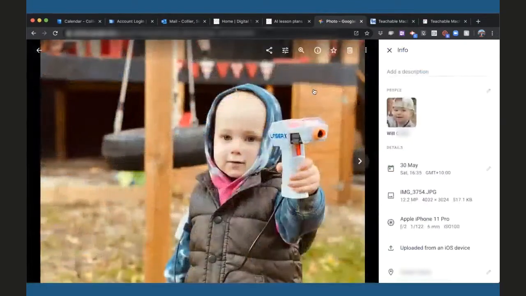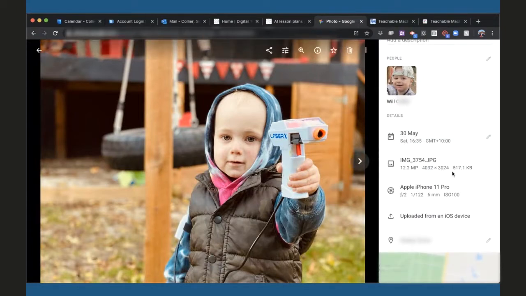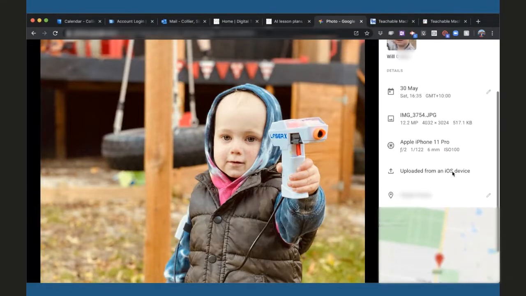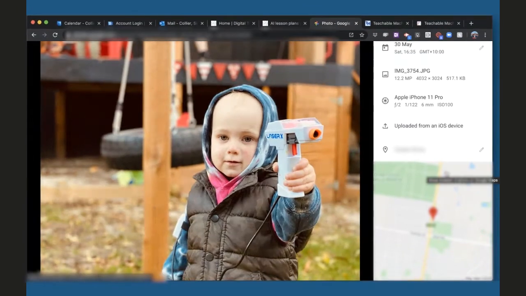All right, so you can see here, this is a photo of who? Will. And who's Will? My youngest cousin. Yeah, so Will's Jackson's youngest cousin. And you can see it's got a whole range of metadata on the side there: when it was taken, the type of image it is, how large the file is, the phone that took it. We can even see the location. So from that map, where was this taken? Rob Road. Yeah, at whose house? Our house.